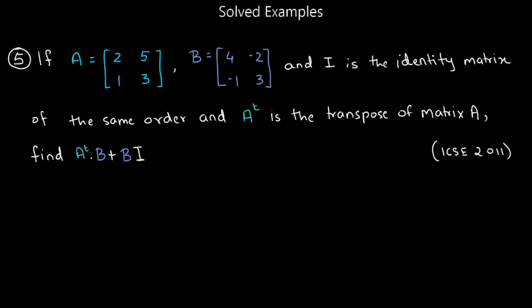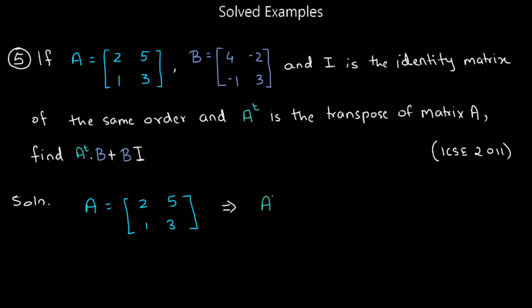Right. So let's start with the sum. First things first, we've been given the value of A and in the final answer we require A transpose. So let's find the transpose of A. So we know one thing, that A is equal to 2, 5, 1, 3. So if you guys remember now, this would mean that A transpose,